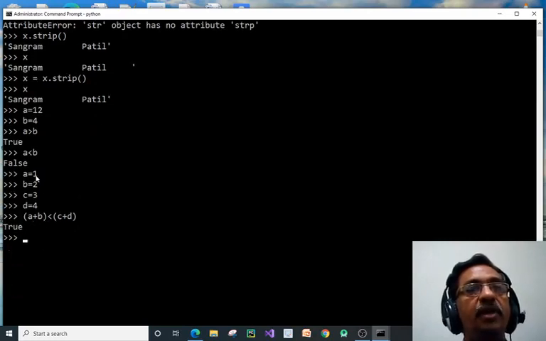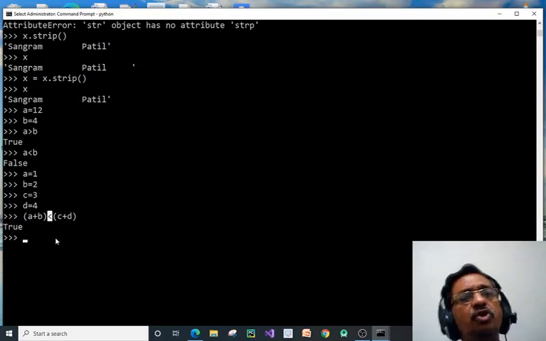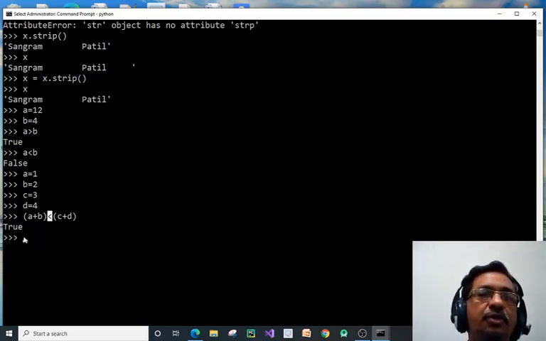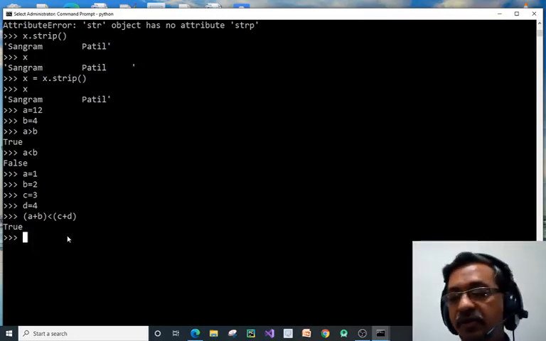So a plus b, that is 1 plus 2, is 3. Then c plus d, 3 plus 4, is 7. 3 is less than 7, yes, True. This is also possible. This is an arithmetic operation, and this is again an arithmetic operation. It solves the two arithmetic operations and then checks here. So this is a combination of relational operators and arithmetic operators, and that is possible.